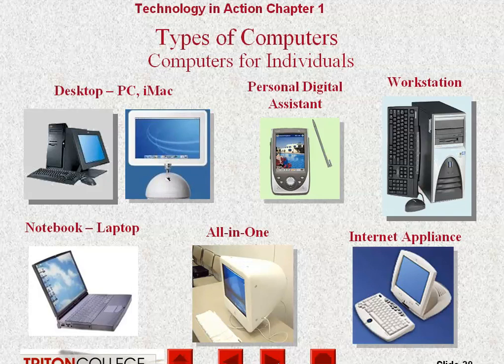We have our all-in-ones, where all the computer devices are basically either in the monitor or in the keyboard, or a combination of the two. The idea is to conserve footprint or storage space and have more room for other things. And we have dedicated internet appliances that are just for getting on the internet. They're for that, and they're not for anything else. They do that very well, but don't lend themselves to doing anything else.